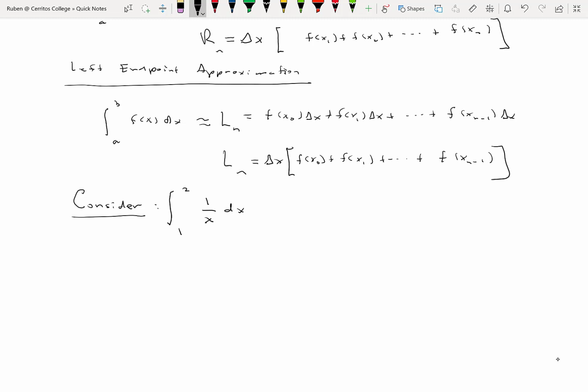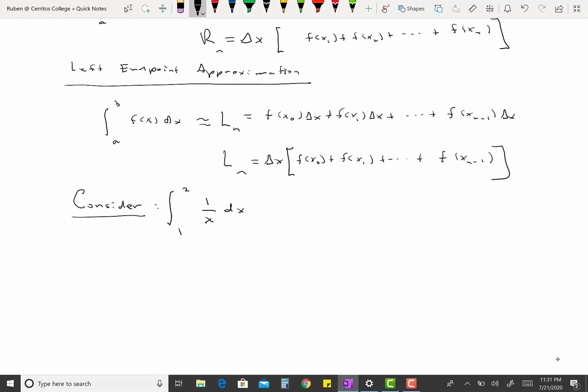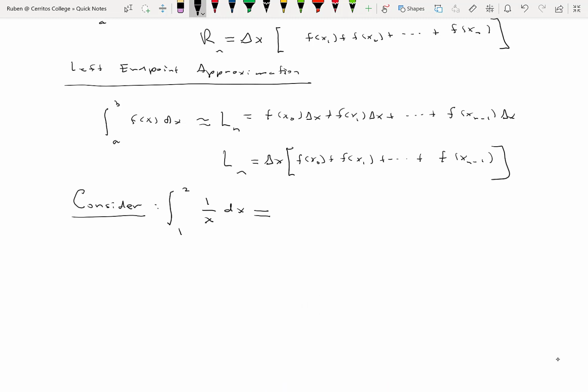Okay, why did I choose this one? Because we have the ability to find the exact value of this integral right away. So we can look at its value right away. What is the value of this integral? I'll give you a couple of seconds to think about it. What's the value of this integral? It is the natural log of 2. This is the natural log of 2. So we have the value of this integral without having to look at an estimate. Use our calculator, which ironically uses an estimate. Okay, so